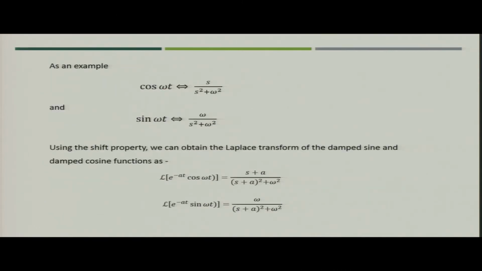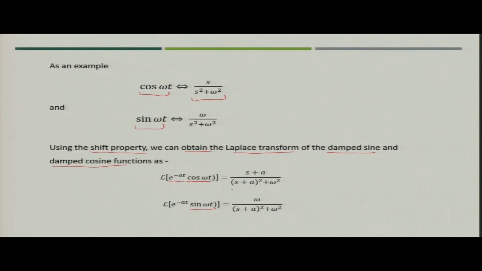Now, let us take an example. Suppose cos omega t is a function, then its Laplace transform would be s upon s square plus omega square. Similarly, for sin omega t, the Laplace transform is omega upon s square plus omega square. Now, if we use the shift property to obtain the Laplace transform of the damped sinusoids, that is, damped sine and cosine functions, meaning we are multiplying cos omega t and sin omega t with e to the power minus at,